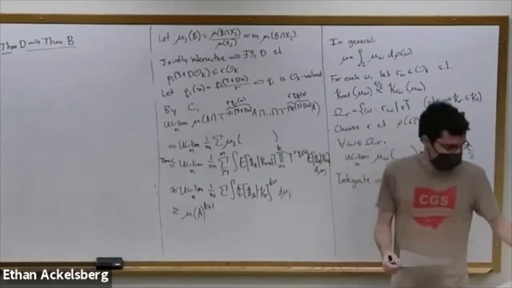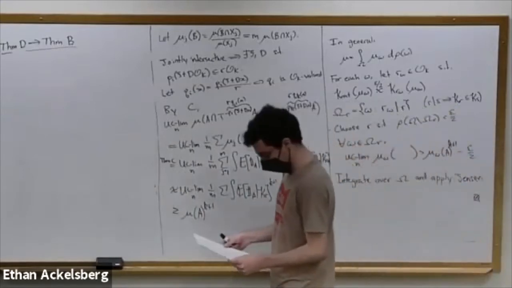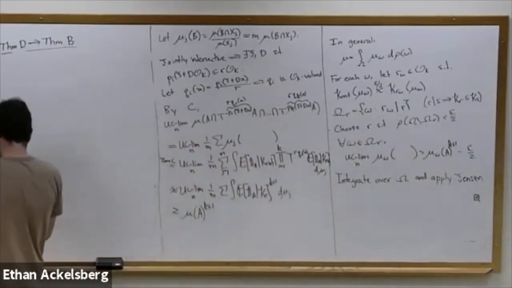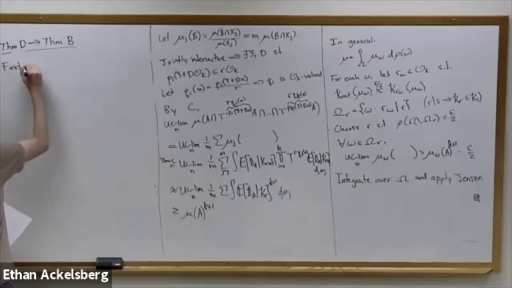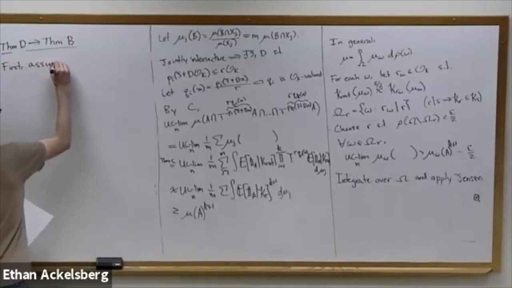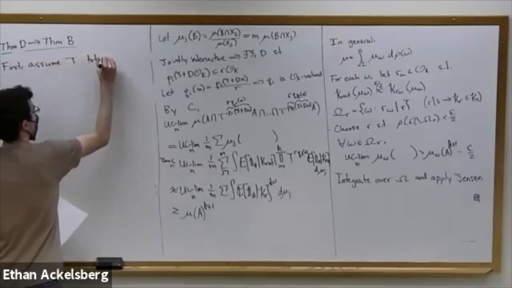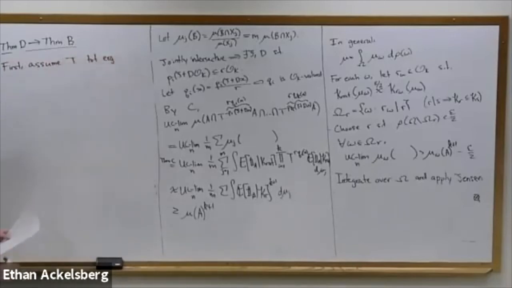Okay, so let me do it not in a ton of detail. We want to show it for ergodic systems. First, I'm going to do something for totally ergodic systems, and then we'll use intersectivity to basically reduce to the totally ergodic case. So we'll assume P is totally ergodic. And I don't think I actually wrote it today. Last time when I wrote theorem D, what this says is that,